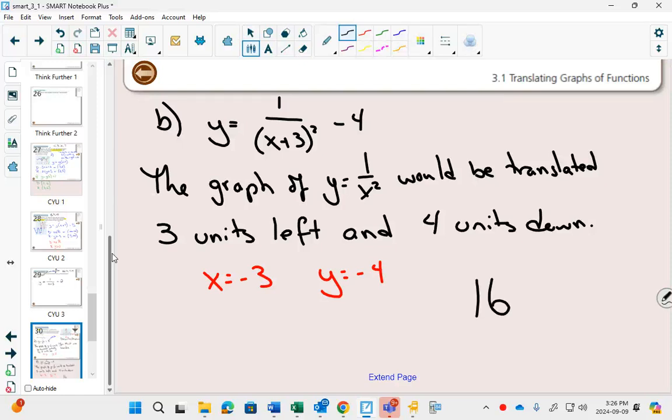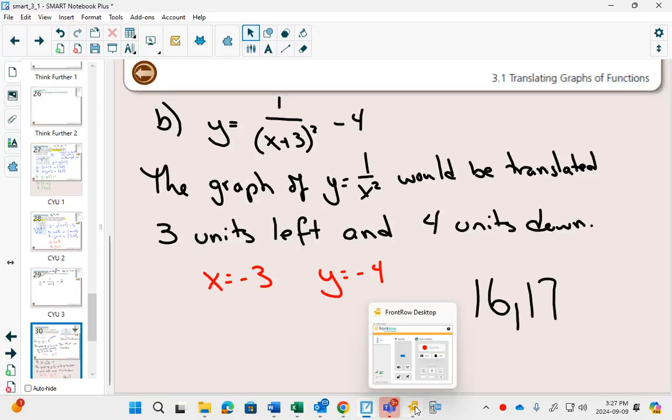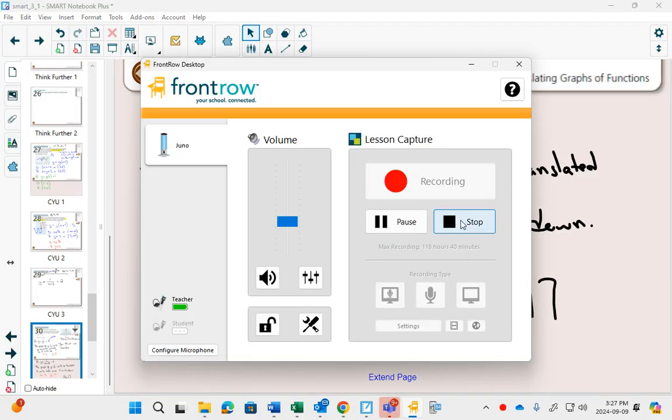Questions for this one are 16 and 17. And you guys were on pace to get ahead of the other class, but due to technical difficulties, they are now ahead of you. They've already started 3.2. They're ahead of you by about